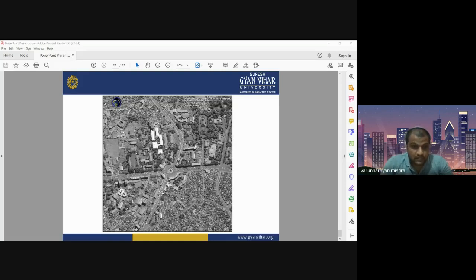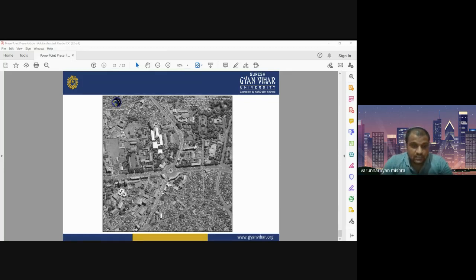Okay, and one important thing is LIDAR. LIDAR can also be used for detailed urban planning, detailed urban mapping. LIDAR can work at night time also. LIDAR can provide you the three-dimensional view. If you want to create a three-dimensional view or 3D model of an urban area, you can go for LIDAR surveying, LIDAR datasets. But LIDAR datasets are not freely available also. It is a very costly dataset. You need to purchase LIDAR datasets. So it is only possible to use LIDAR if you have sufficient funds to purchase those datasets.